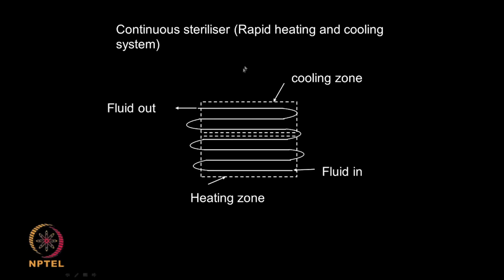We have continuous sterilizers where you have rapid heating and cooling taking place. You quickly heat and then you quickly cool. Generally it is used for pasteurizing milk. As you know, with milk you do not want to heat and keep it for a very long time because it may get denatured. So, this type of rapid heating and rapid cooling is done to kill the bacteria, at the same time not lose the